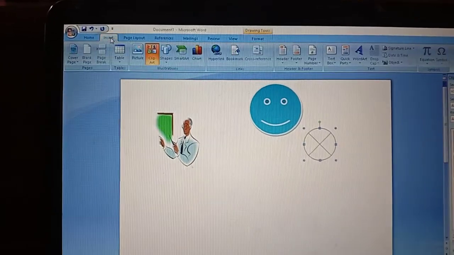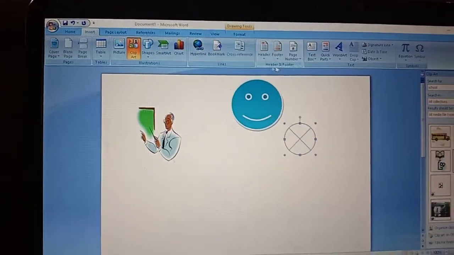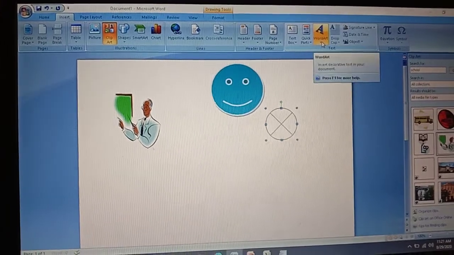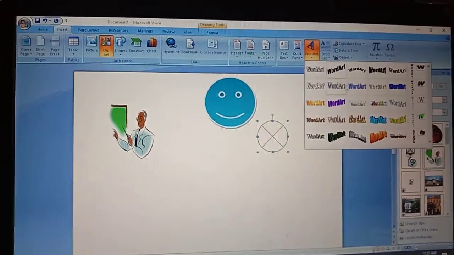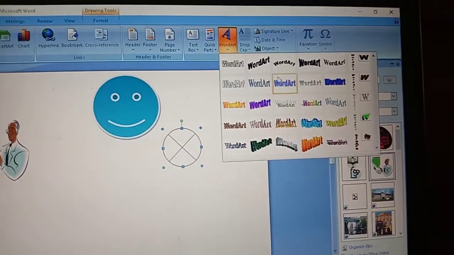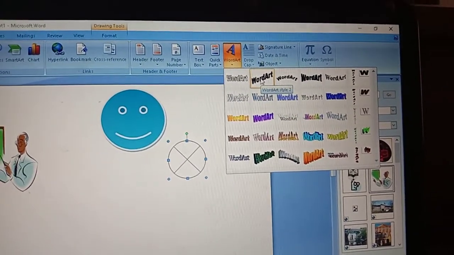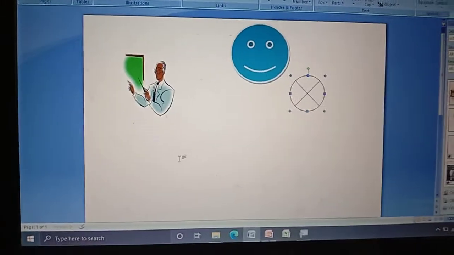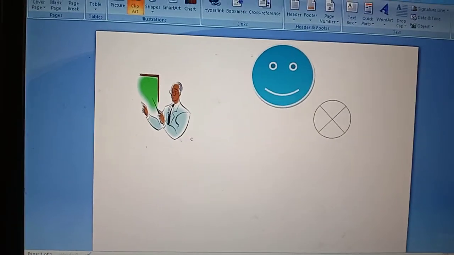Click Insert. In the Text group, you will get Word Art. You'll get a number of word art styles. Based upon your interest, you can select anything. For example, I'm typing here computer.